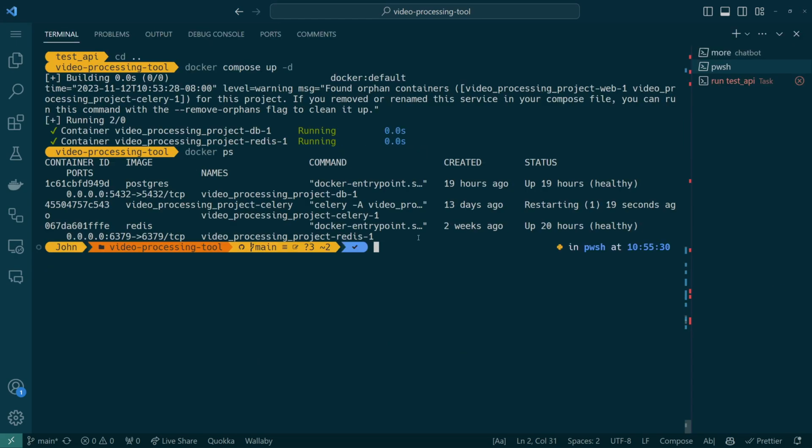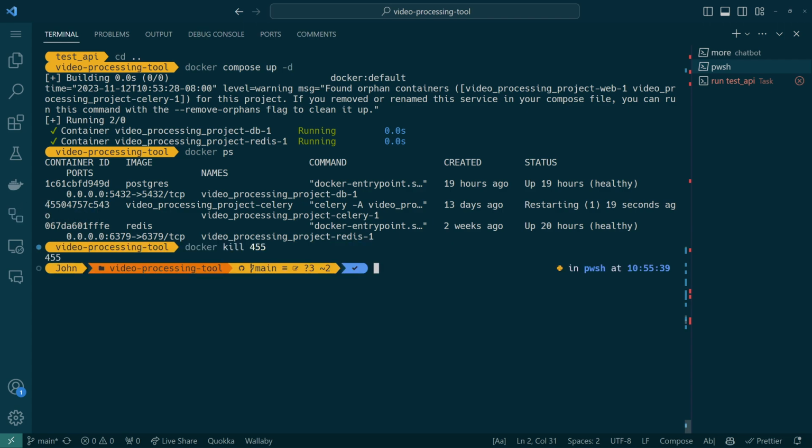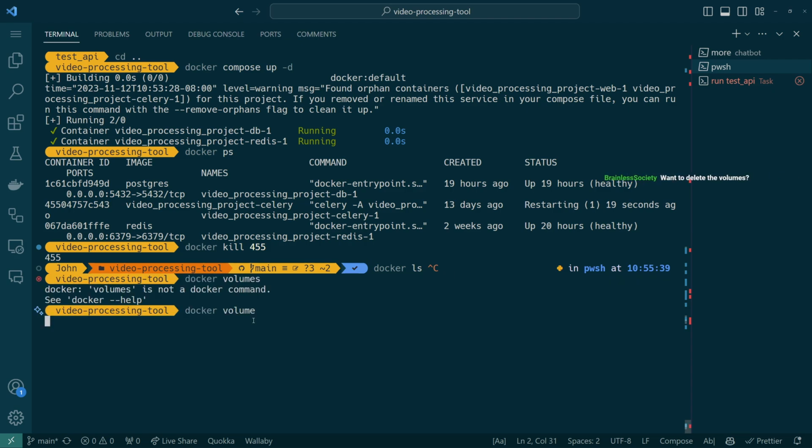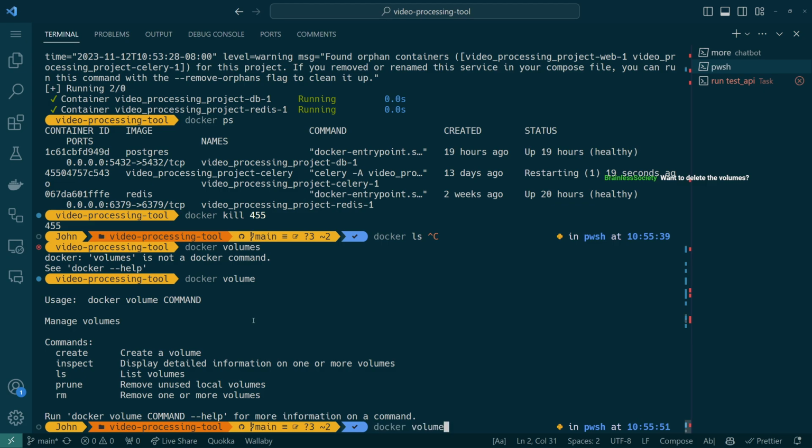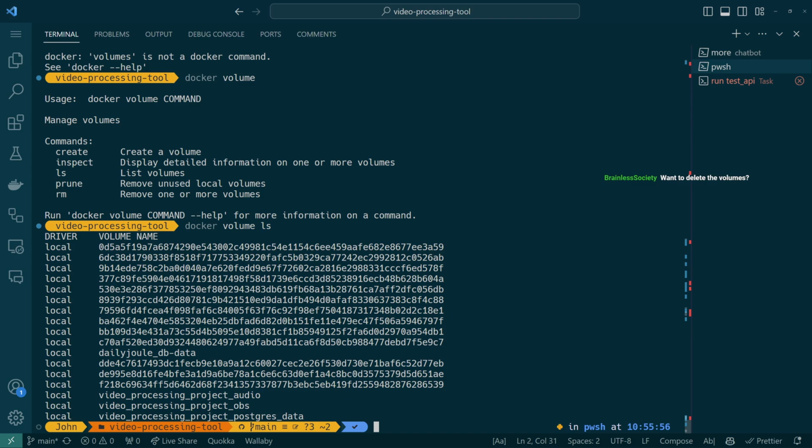Docker ps. Docker kill 455? Docker ls. Actually, docker volume ls. No, I don't actually want to delete the volumes. I just want to make sure that